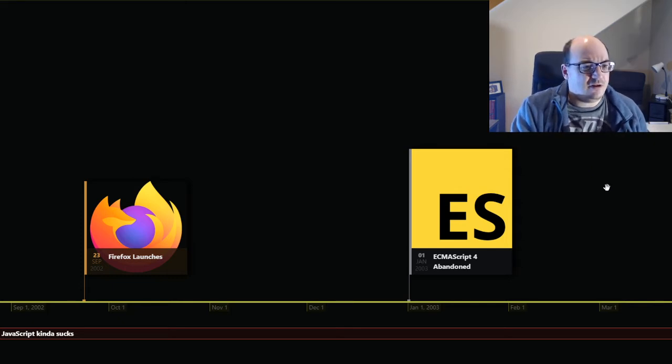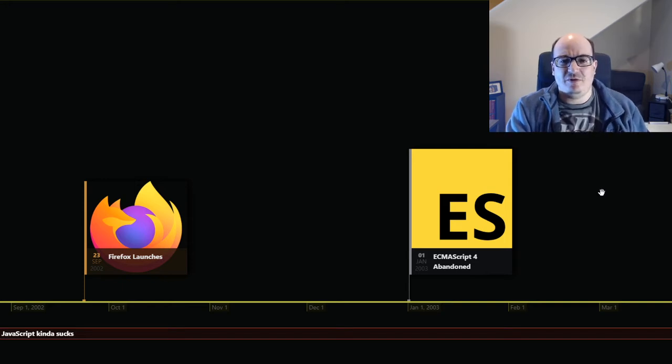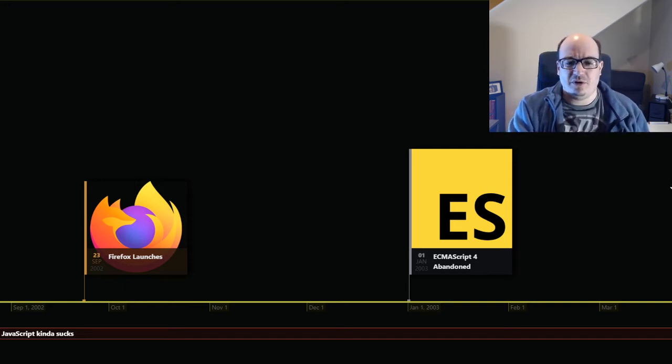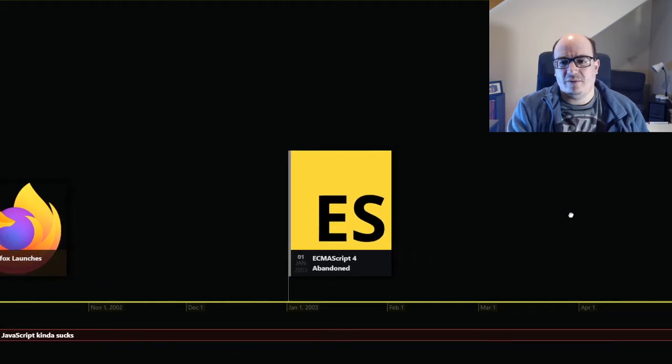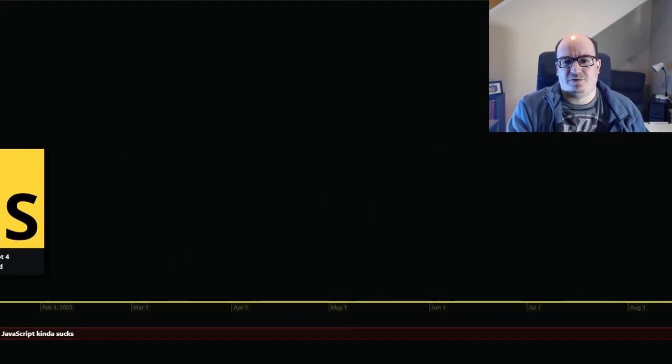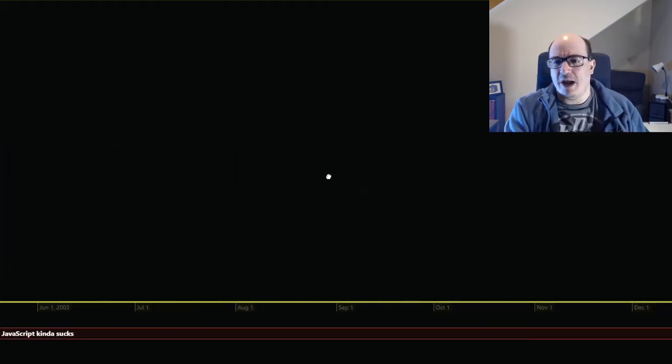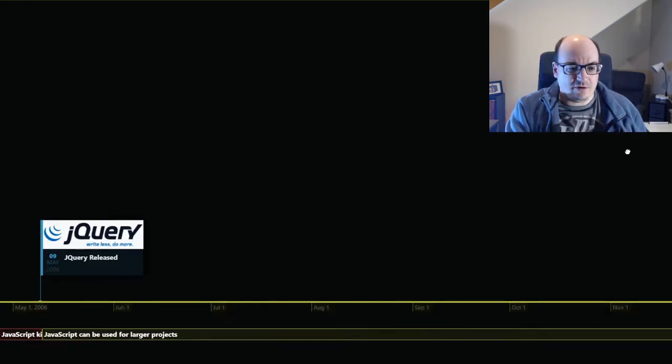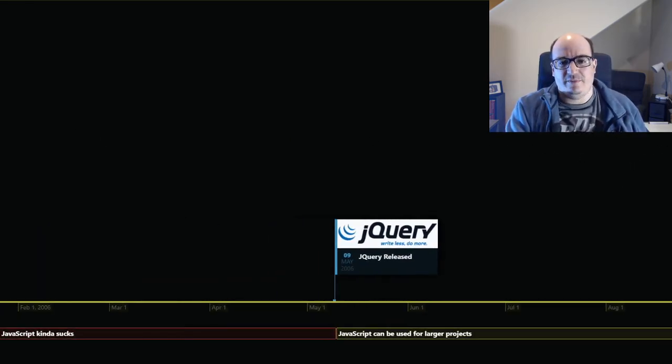It's this little thing that you use for form validation and client side things, but you can't really do anything with it, and it's a little inconsistent between all the different browsers. So this is the period that JavaScript's sort of known for being a bad language that nobody really wants to touch. It doesn't make a lot of sense. You don't treat it like a real language. And if you're programming something, you care about your code,